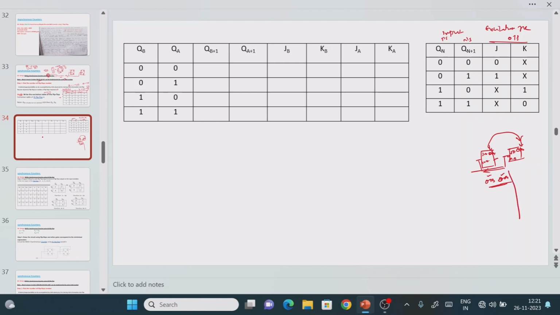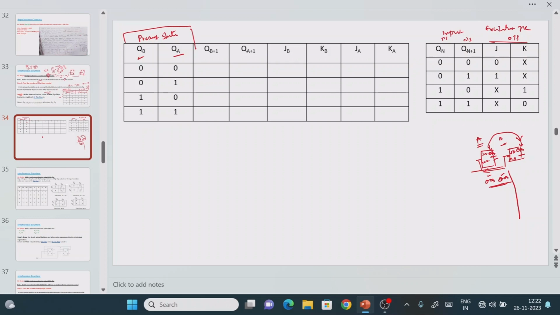Or if you don't understand, how many flip-flops do we have? Two flip-flops, one is A, another one is B. For the first flip-flop, in the n place you substitute A. This is the present state for the first flip-flop. In the n place you substitute B. This is the present state for the second flip-flop. Simple. In the n place we substitute the A value, B value. So how many outputs do we have? Two outputs, the first one is QA, the second one is QB. So these are what we call the present state values.